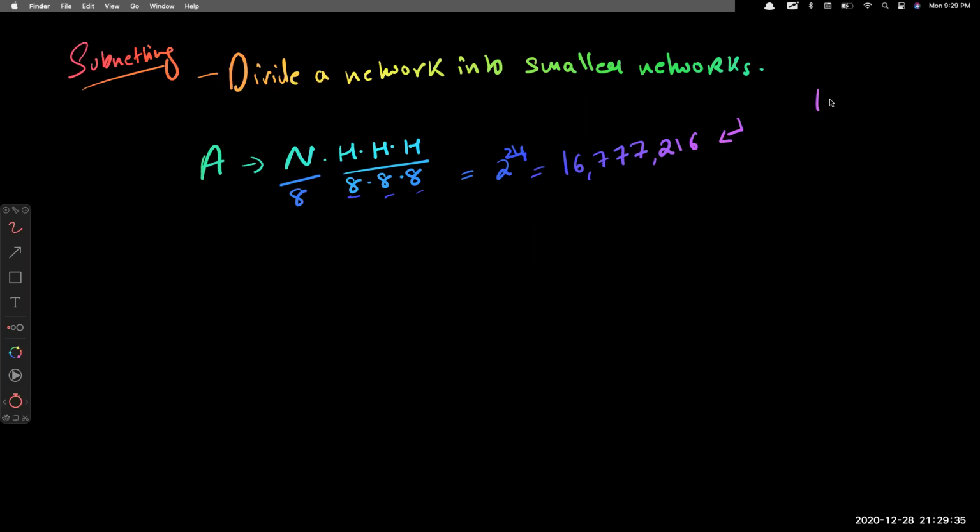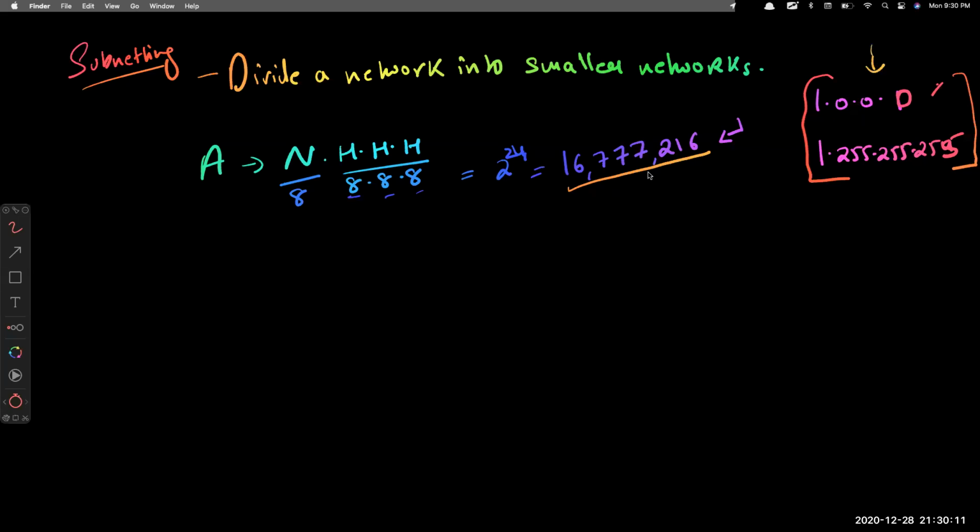So if you start giving IPs from 1.0.0.1, it will go up to 1.255.255.254 almost. You can start with 0 and go up to 255. But the first IP and the last IP we don't use because of the network ID and broadcast ID, which I'll explain later on. You can't even count these numbers manually. It's a very big number actually. So that is 16777216 IPs. One subnet, one network of class A, gives that many IPs.